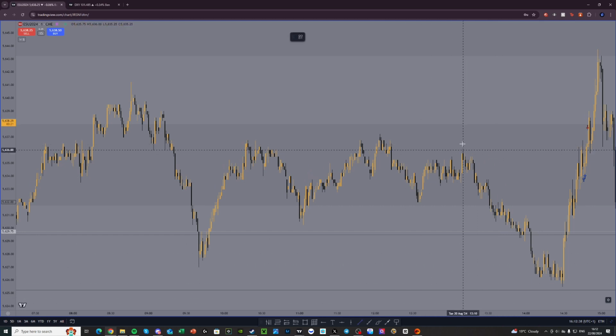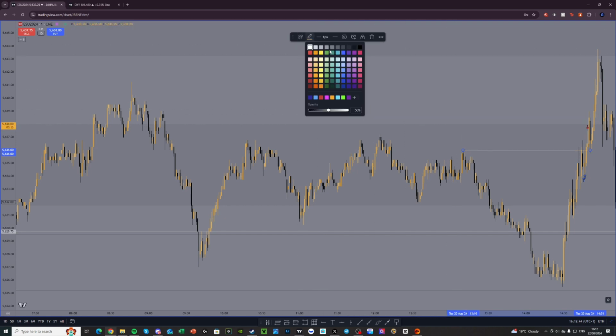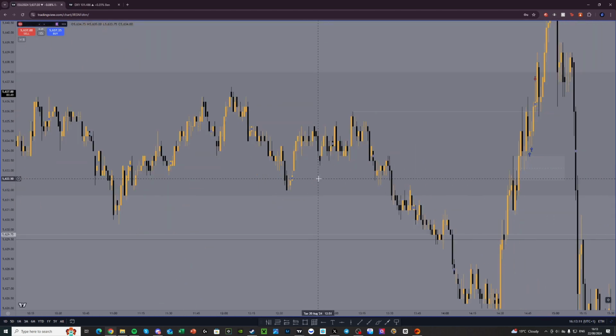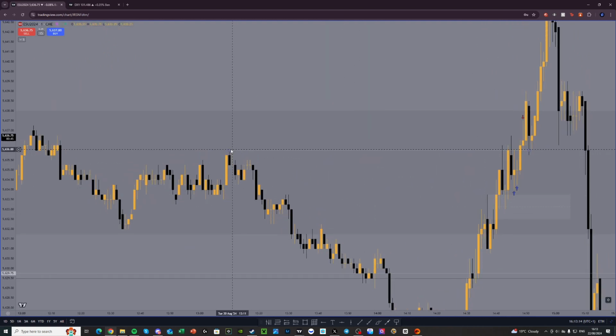Okay, so we have this level here. In terms of these runs here, these are fairly minor internal range liquidity pools, but this is the first sort of major one we get. So you can see we run it here with this wick, and then we get the retracement back down into the wick of this bearish order block. So we take the buy side here, then we pull back into consequent encroachment of the wick of this